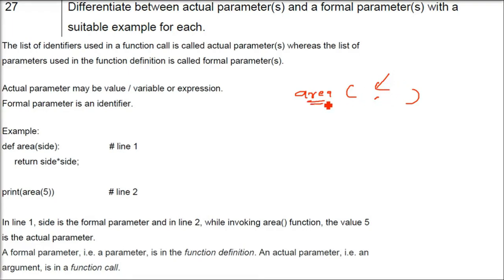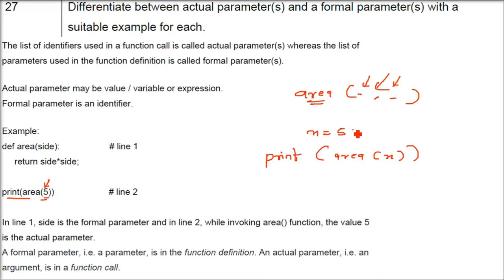Whenever we are defining, we are not actually executing it. So we have to put what kind of data type is coming, what kind of value is coming. First value will be what, second value will be what. You are just defining it because later it will be used. So when you are defining, this is the formal way, formal parameter. But when the program is actually executing, it will expect a proper value. For example, print, you have area, so you have to have a value here.